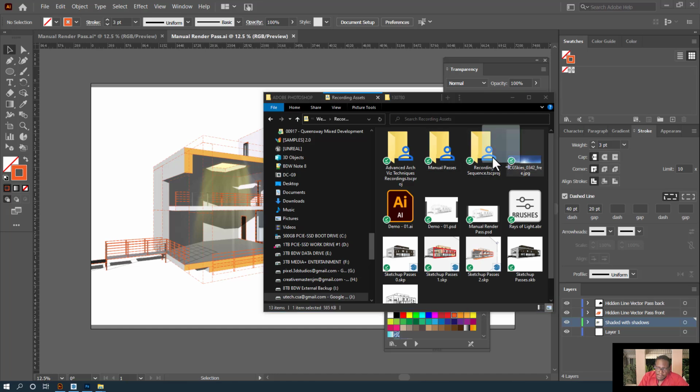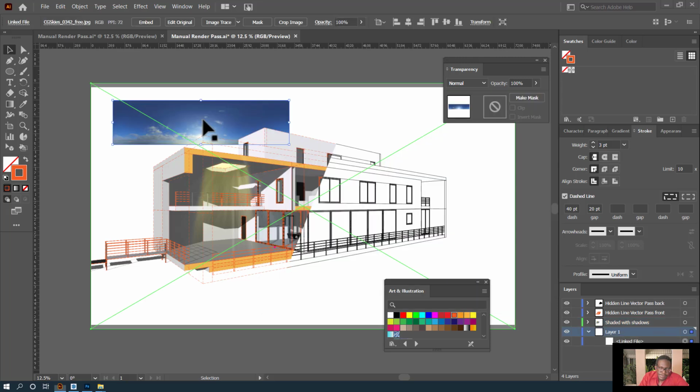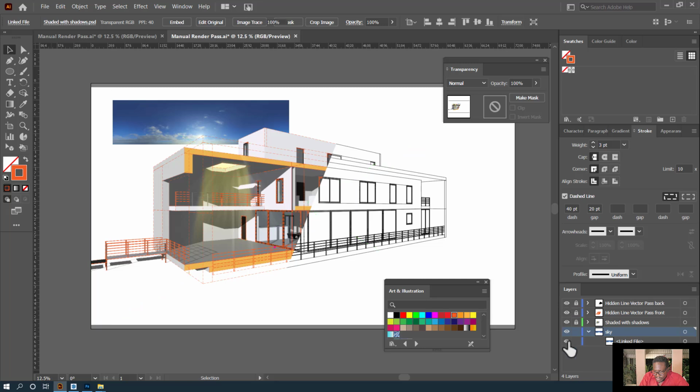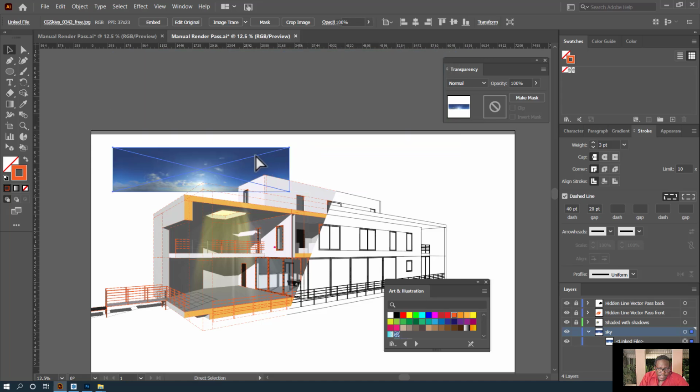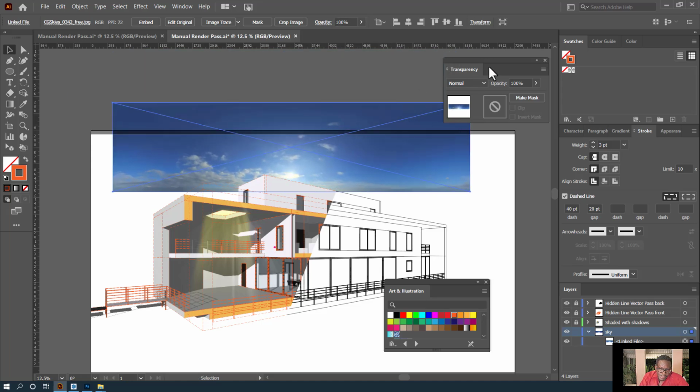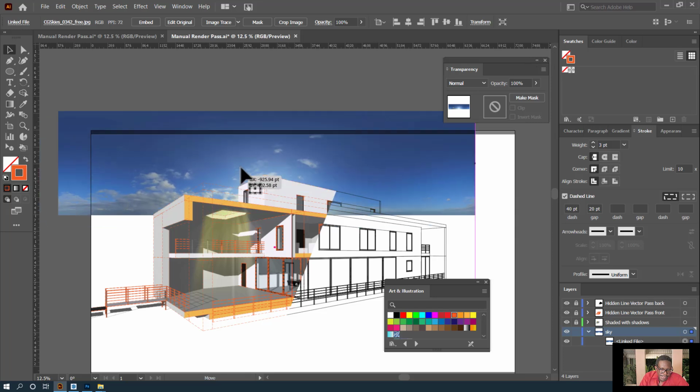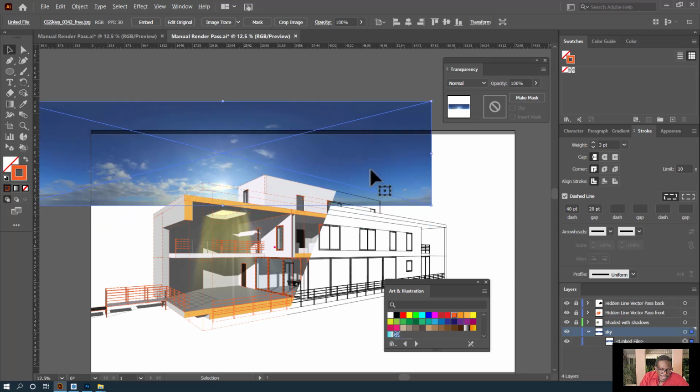if I grab a sky and drag that in to Illustrator, I could put that on a new layer and call it sky, and I'll put that layer at the bottom. Then what I'll do is lock the other layers there so I am unable to select it. Now if I decide to use Illustrator to maybe add in an interesting sky background,